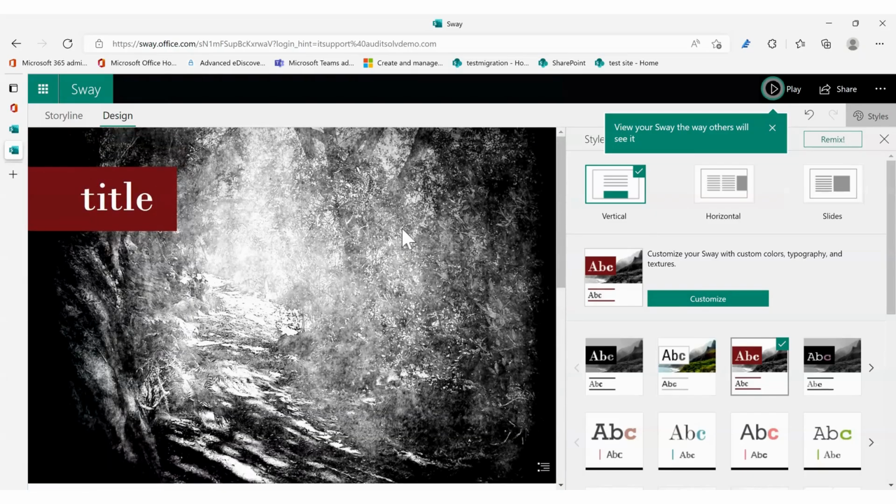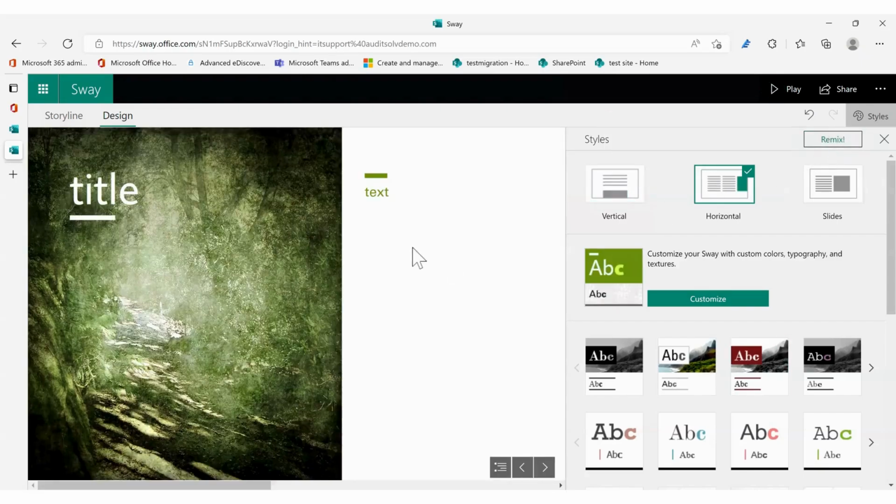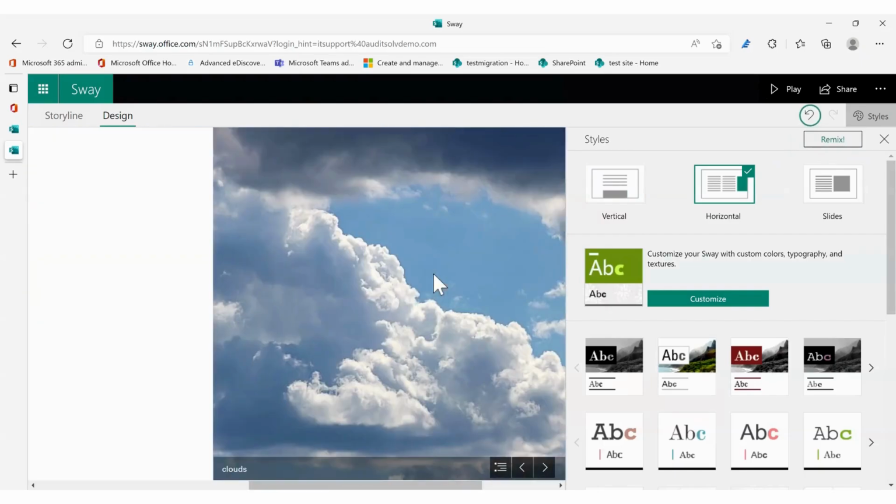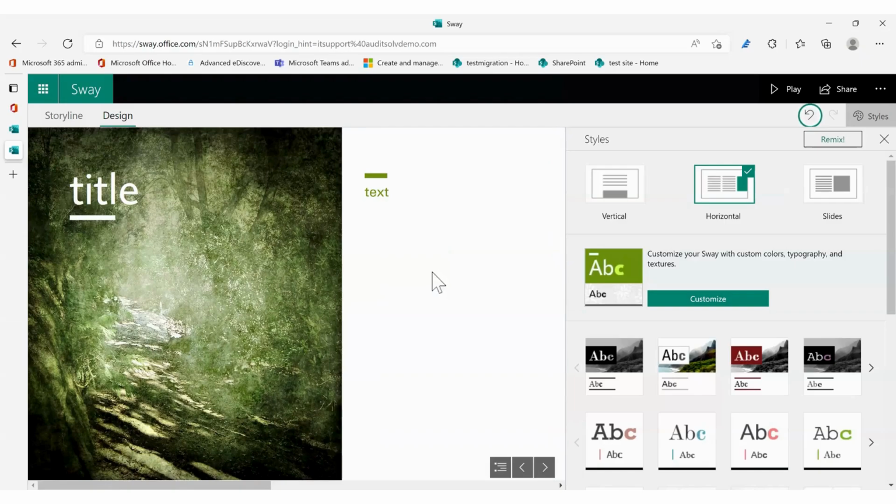If I don't know exactly what I want, the nice thing about Sway is it can use the artificial intelligence based on the images that I have added and the content that I've added, and I can hit remix. And it will look at that and it will use what it needs to make that visually appealing. So I don't have to worry about design and text colors and text formats. If I don't like it, I can undo it. But if I do like it,